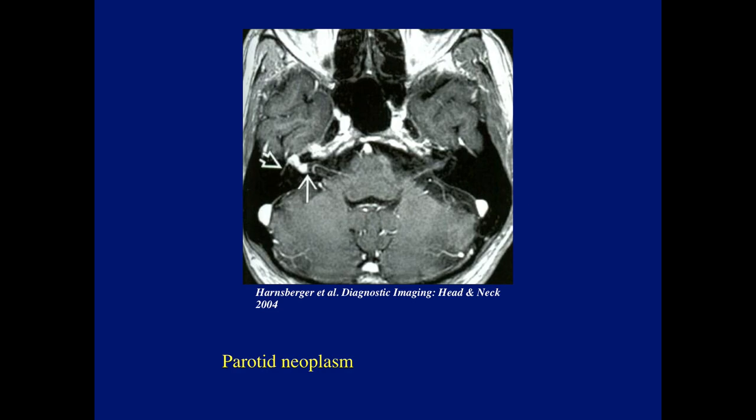And the last case I want to show today, again, this patient had a prior resection of a parotid neoplasm, presented later with symptoms, and notice a little bit of the tympanic portion, tumor involving the geniculate and the IAC. There was nothing else. So again, perineural spread